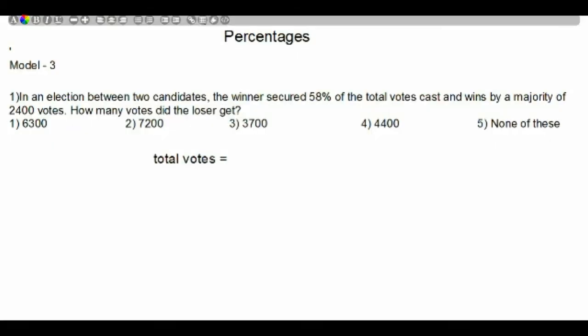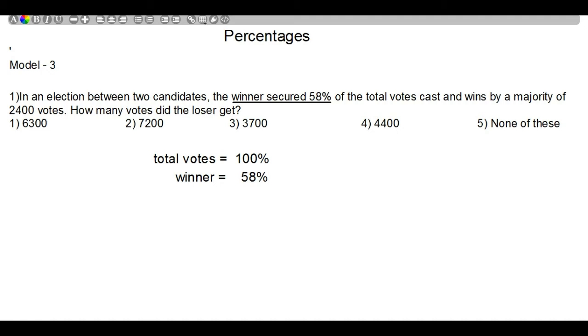So as the question says, the election was between two candidates and the winner has got 58% of the total votes. Now, as discussed earlier, total can always be taken as 100%. So let us assume that the total votes cast is equivalent to 100%. And we know that the winner has secured 58% of the votes. So winner has secured